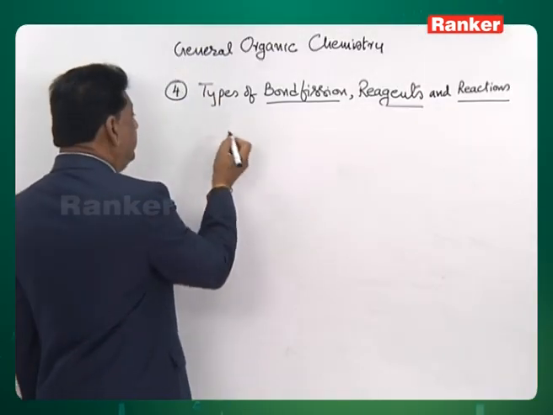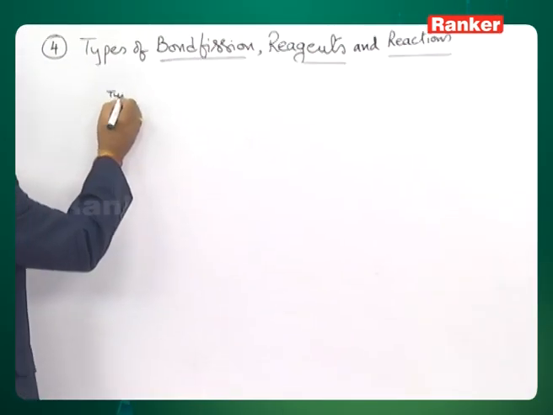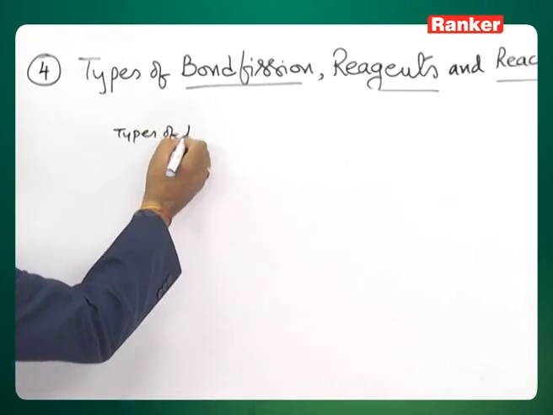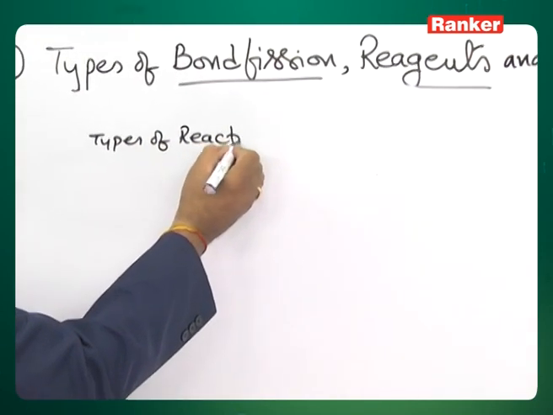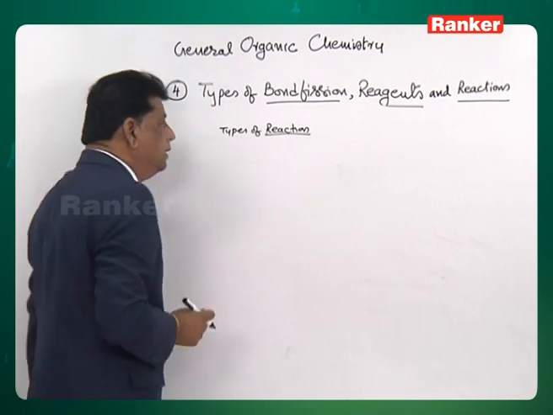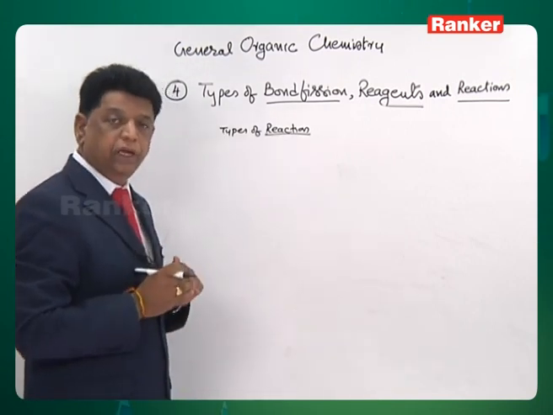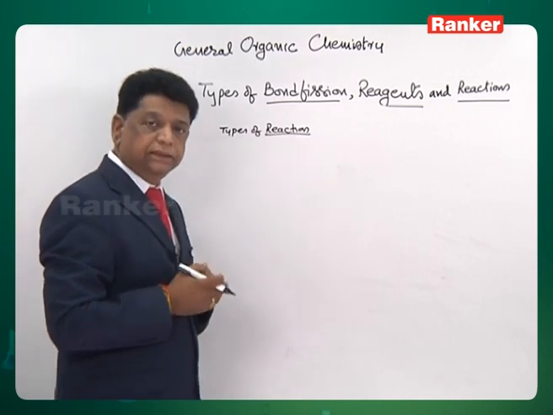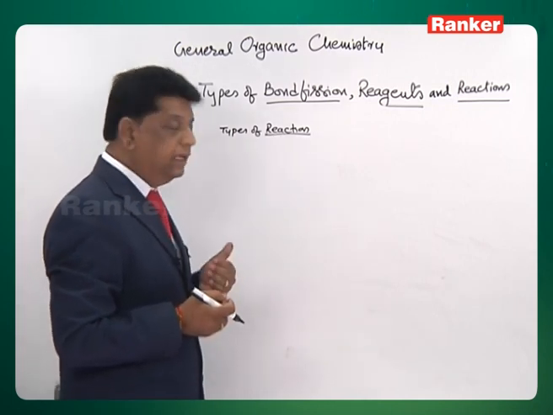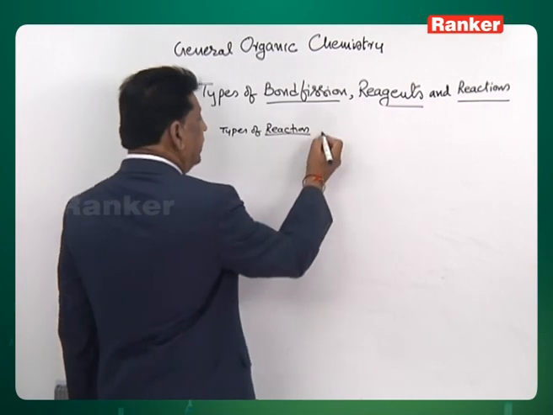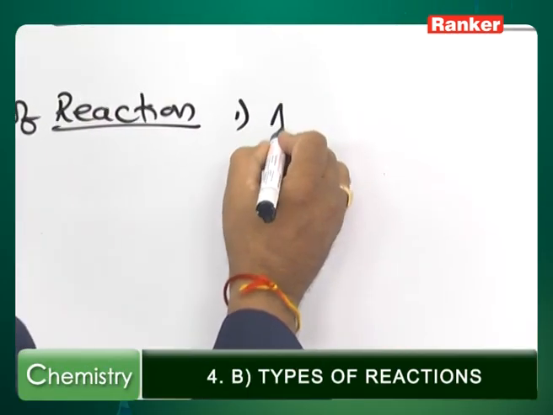Let us take the topic called types of reactions. Types of reactions. Basically, the reactions are three types: addition, elimination, substitution. But two more reactions, rearrangements and cycloadditions, also take place. So here, first, addition,